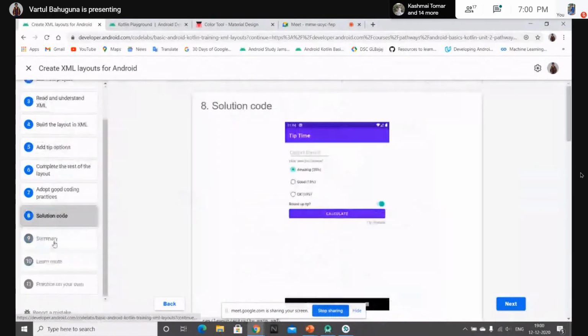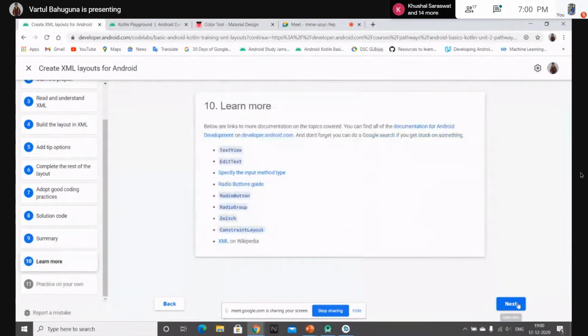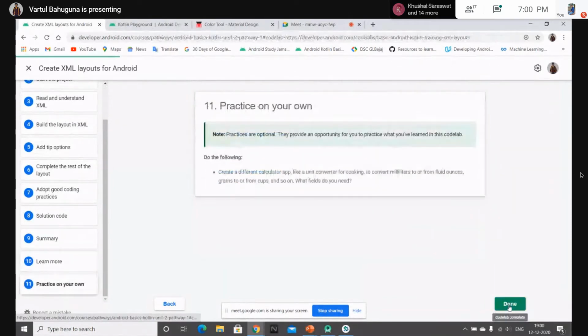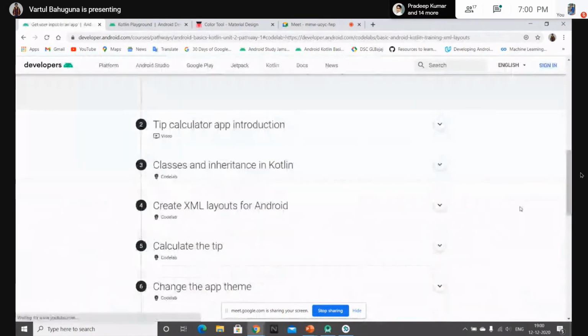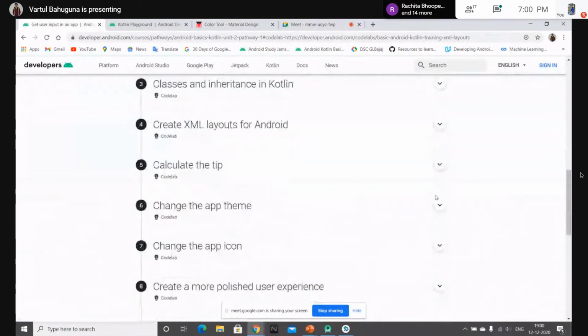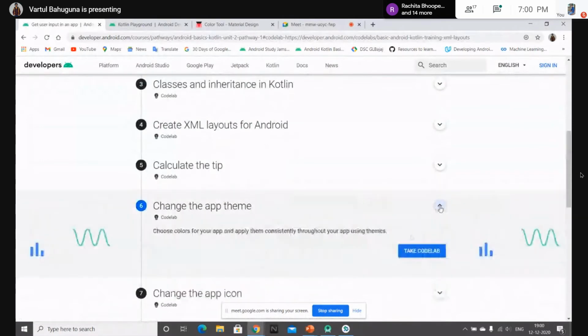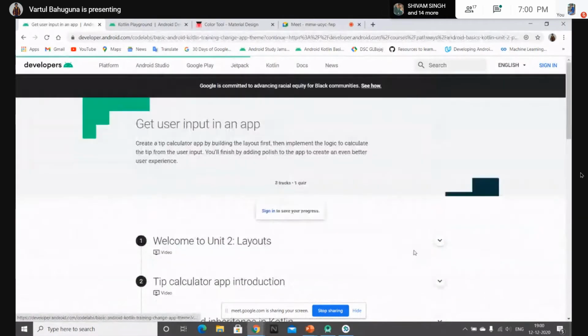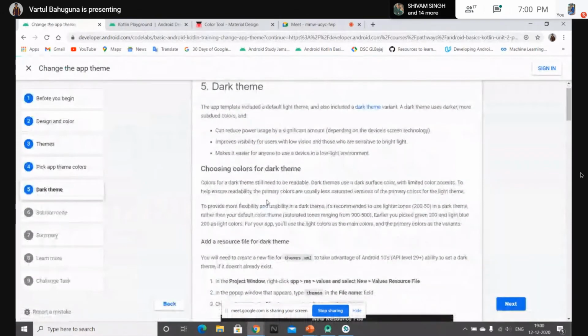That's the solution code and the summary and some resources to learn more about what we were doing till now. So now let's move on to the next code lab, that's about the theme of the app, how you can change the theme of your app. There are two themes, a light theme and a dark theme, for every app, like WhatsApp, Instagram, they are adopting such practices. So the themes,